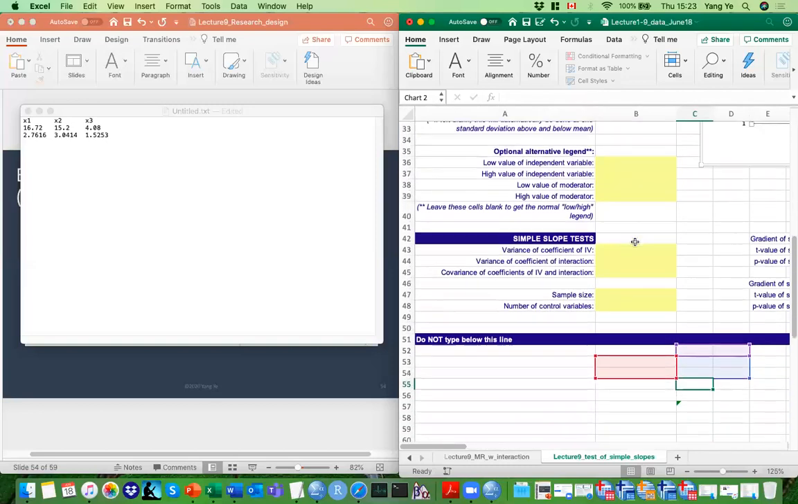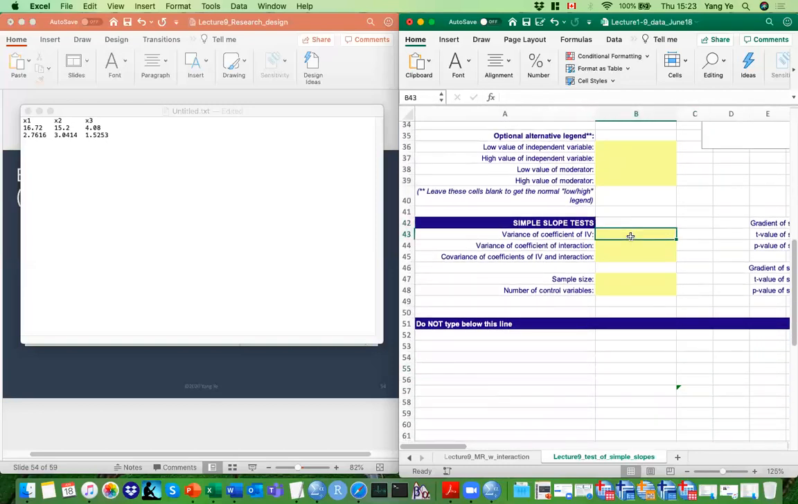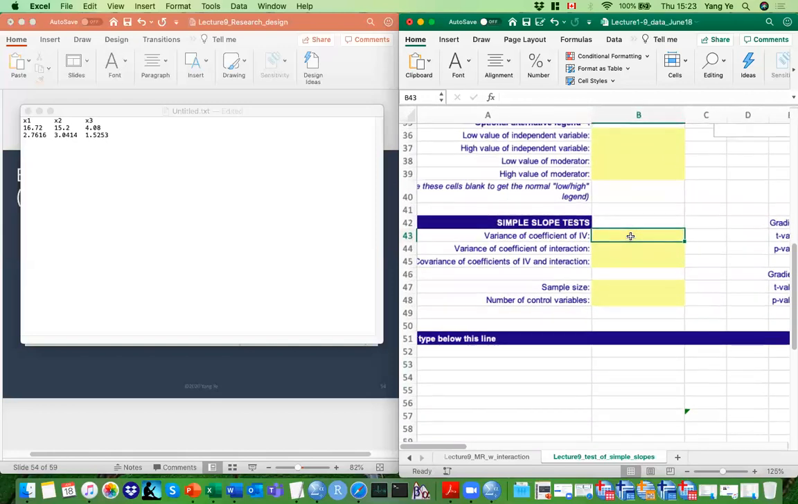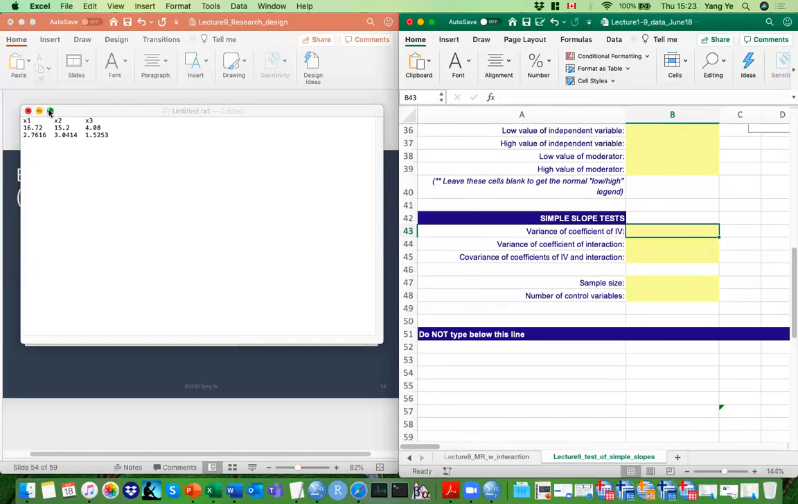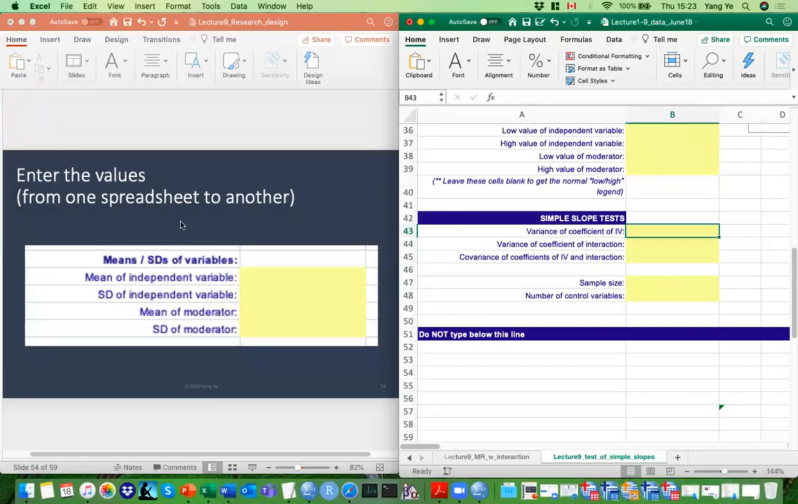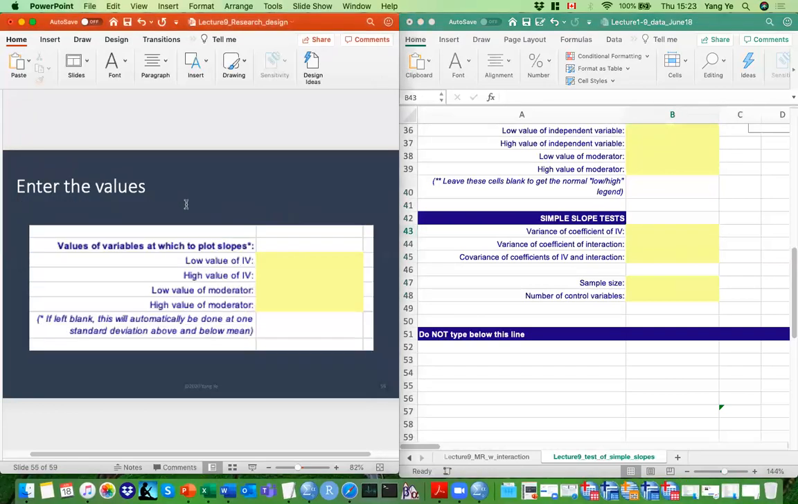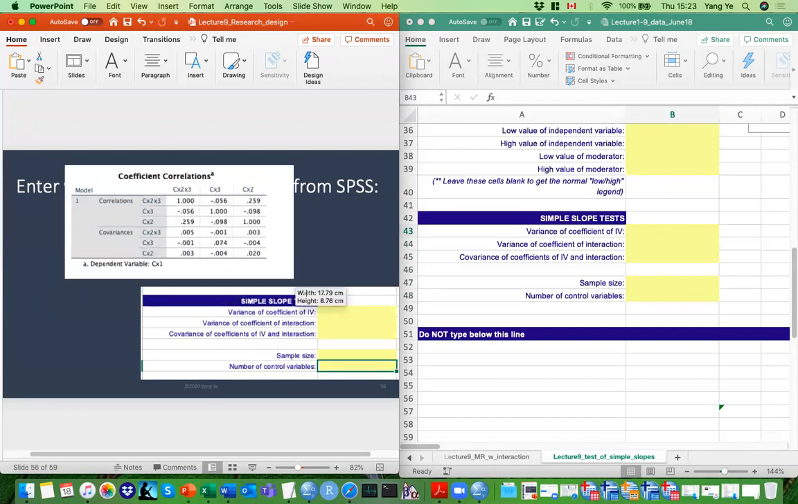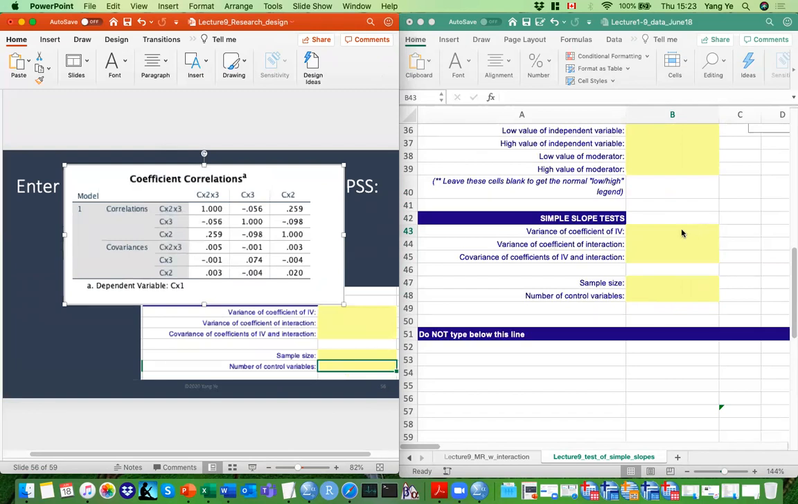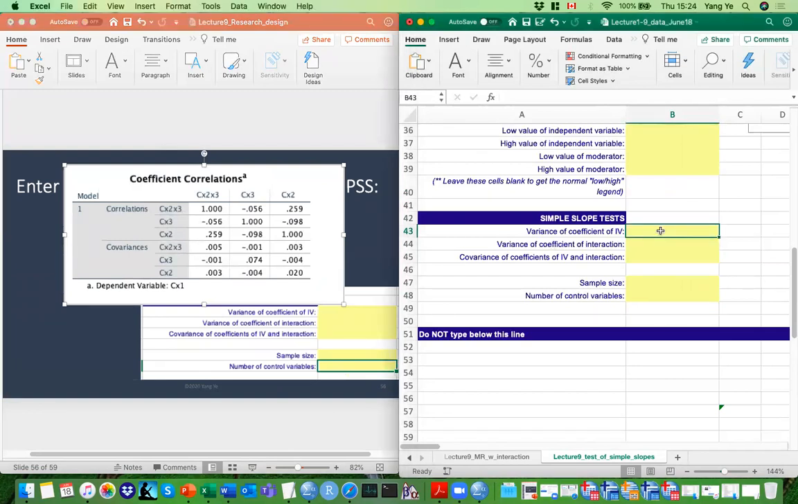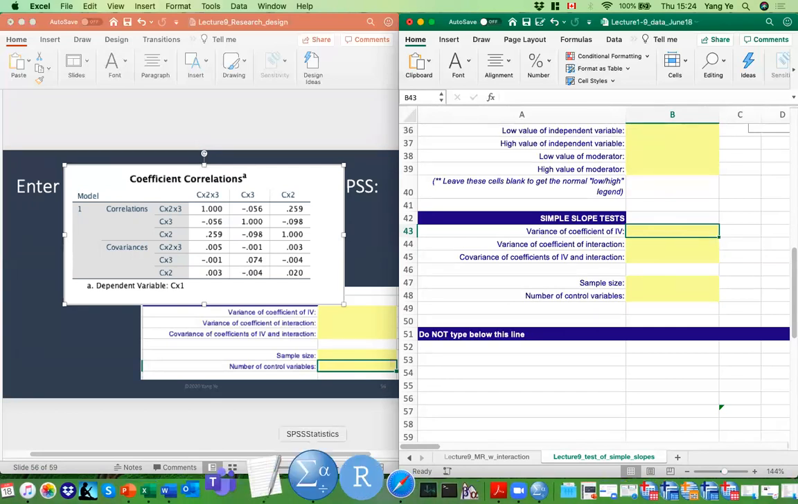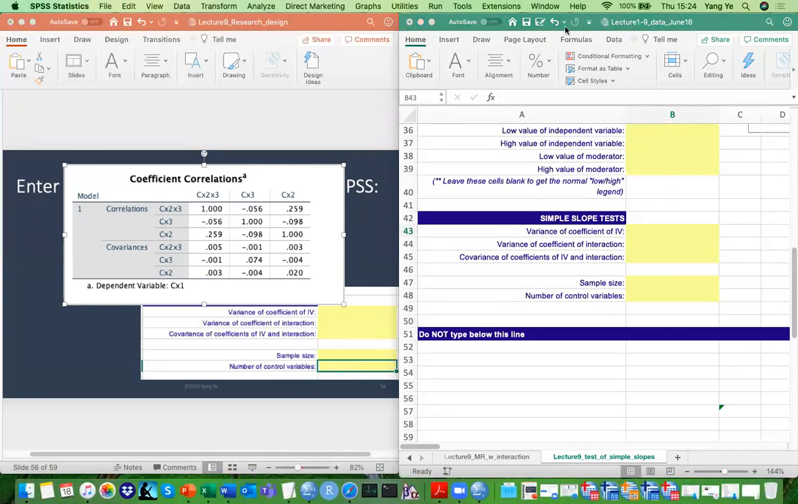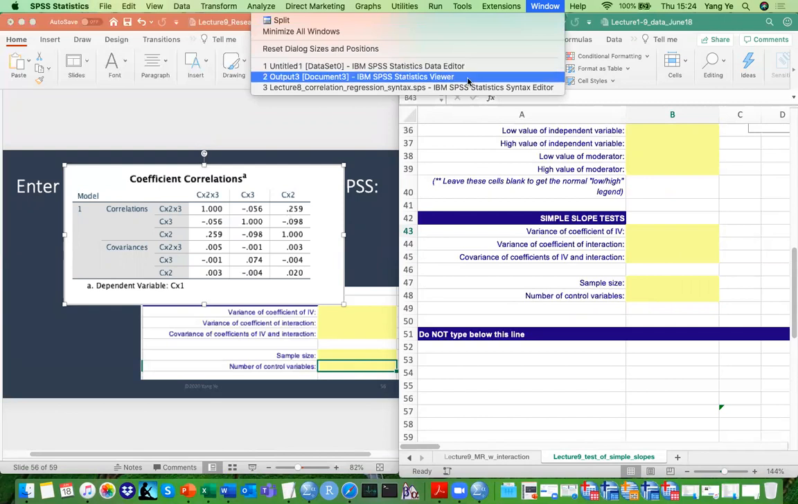Anyway, the key is that if you want to perform the single slope test, you need several things from the covariance table. So here's the covariance table to the left. Now you want to enter a few things. The first is the covariance of the coefficient of the independent variable. Now, to find that,